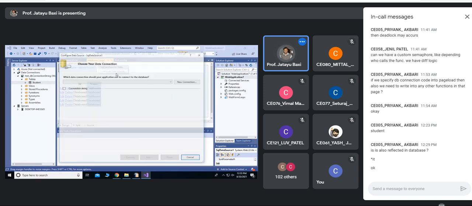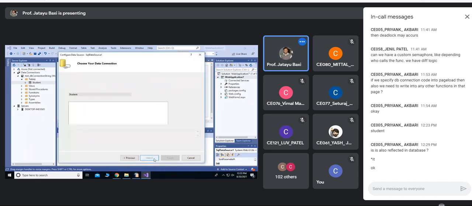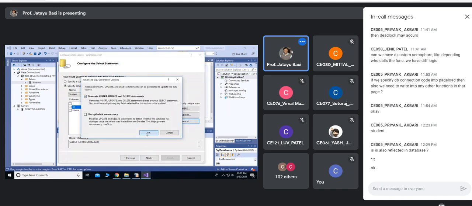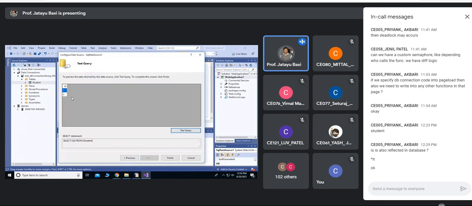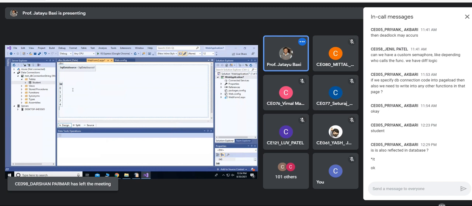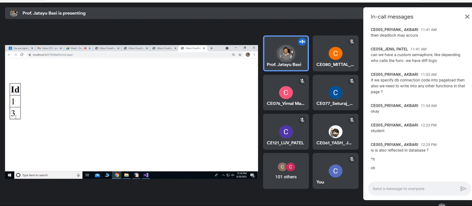Which shows only student IDs. Okay, I want to see only ID of the student. So the output will be like this, right? So this is the output, right?